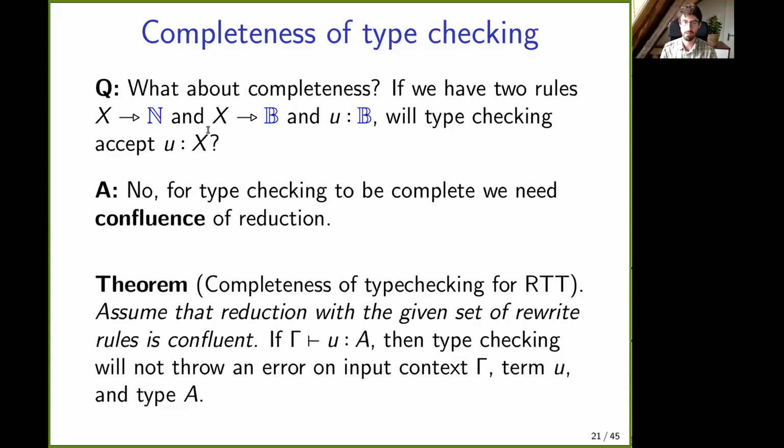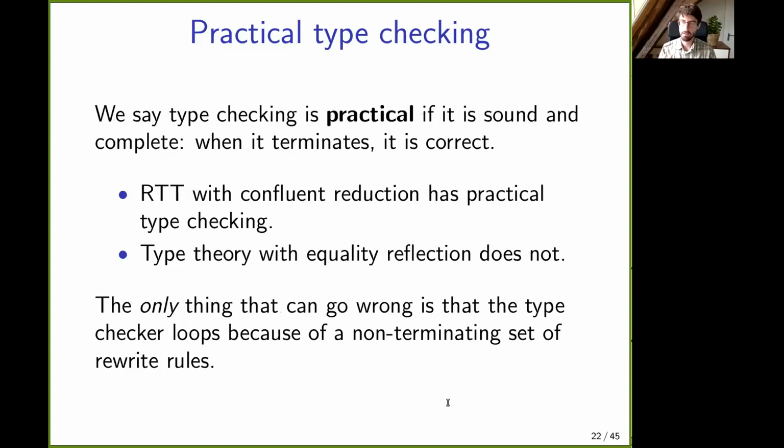So to always also get correct errors from our type checking algorithm, it's important that we need confluence of the reduction. So this is maybe the first time that confluence pops up. And then we get this theorem that if some term is type correct, and the set of rules is confluent, then type checking will not throw an error. And so together, these soundness and completeness of type checking, I call practical type checking,